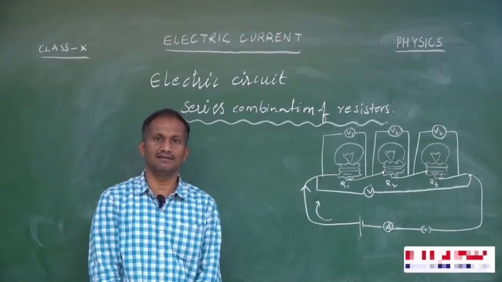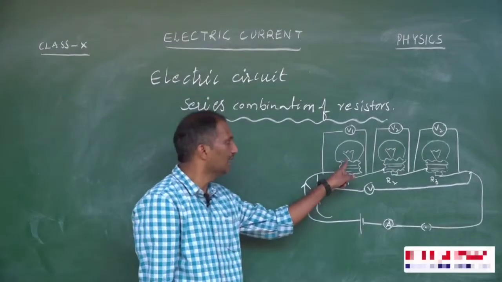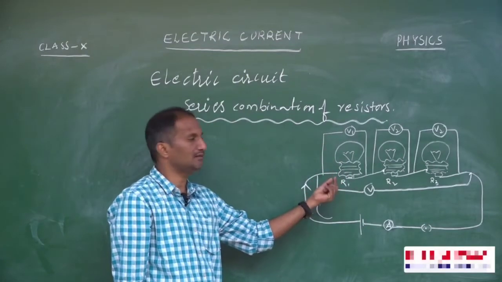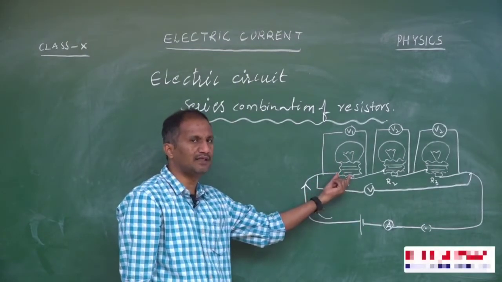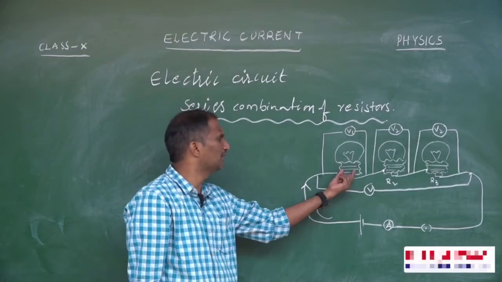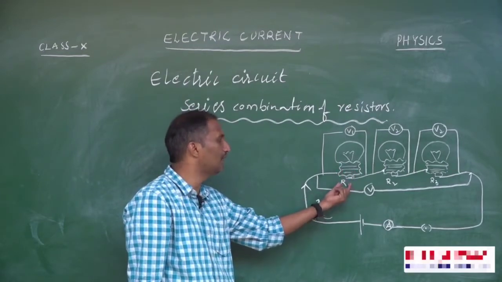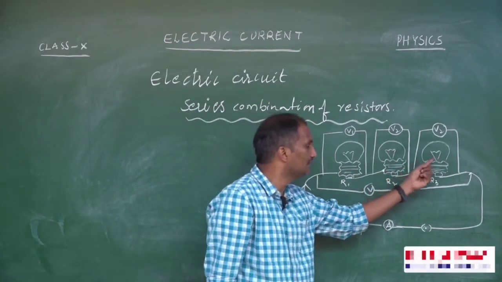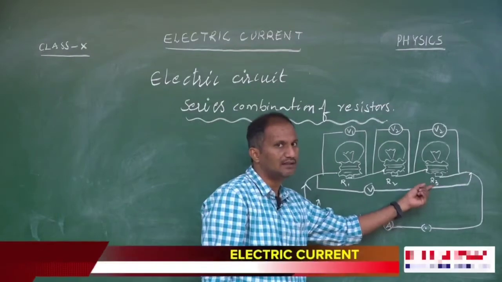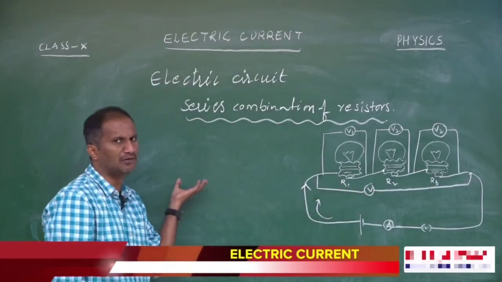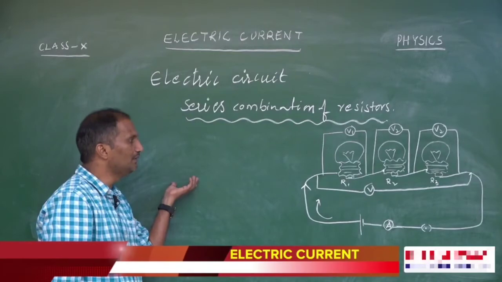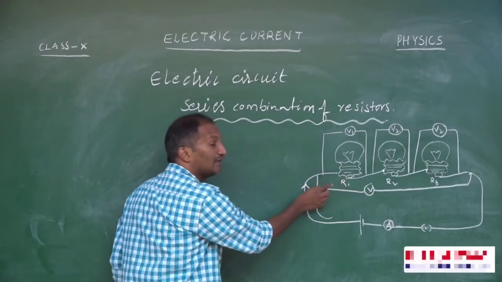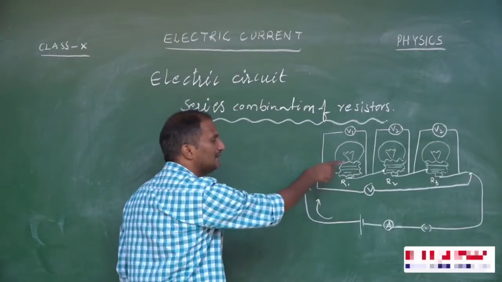Let us take three different bulbs: bulb 1, bulb 2, bulb 3. Using a multimeter, measure the resistance offered by each bulb: bulb 1 offers a resistance of R1, bulb 2 offers a resistance of R2, bulb 3 offers a resistance of R3. Note them in your notebook. Now we arrange all the bulbs in a systematic manner as shown in this given circuit.